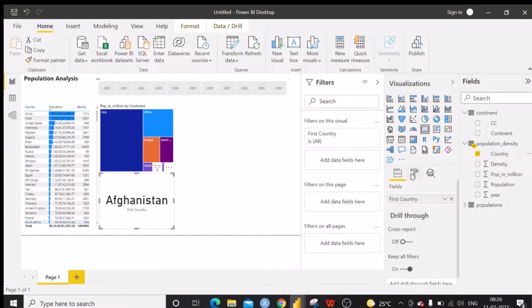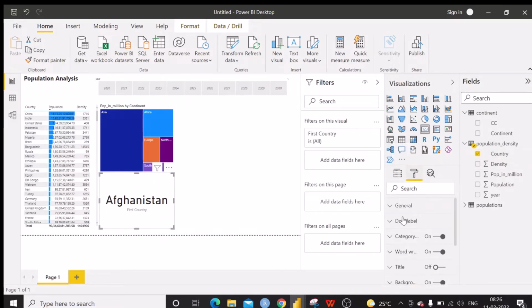However, it is to be formatted so that instead of 45 we say 20, and we don't need a category. Okay, so here we are going to show the country based on the top population value.